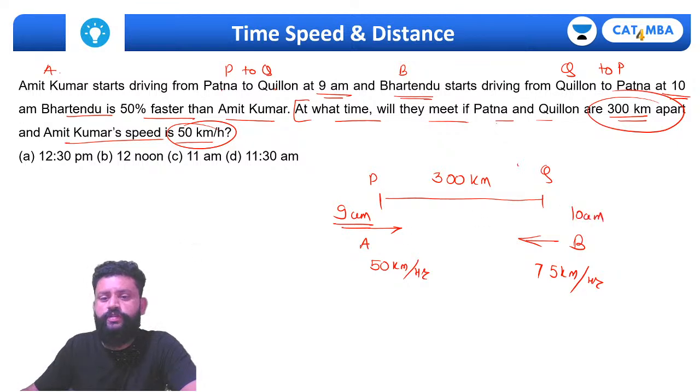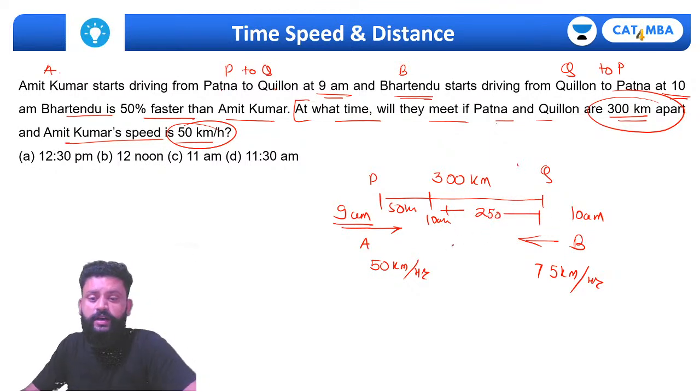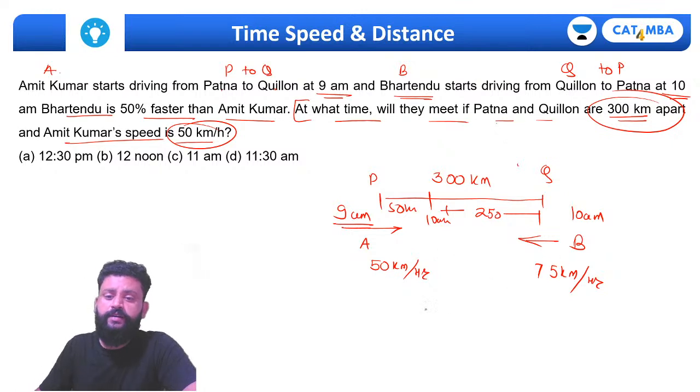But A started at 9 a.m. and P started at 10 a.m. So what will happen? From 9 to 10 a.m., A will go 50, and the remaining 200 kilometers has to be covered by both of them together. So the relative speed will be